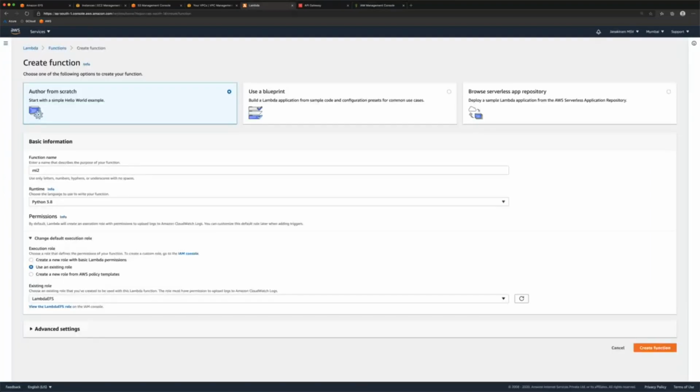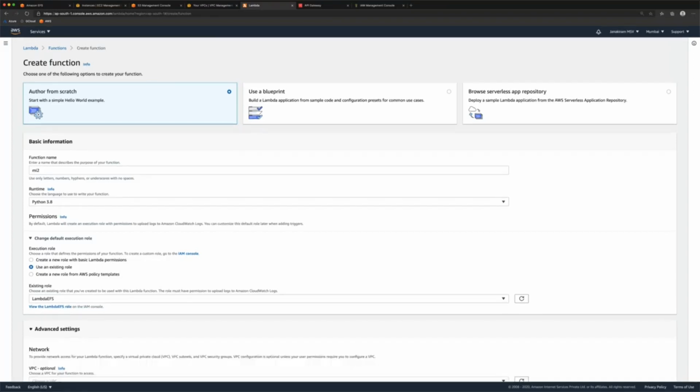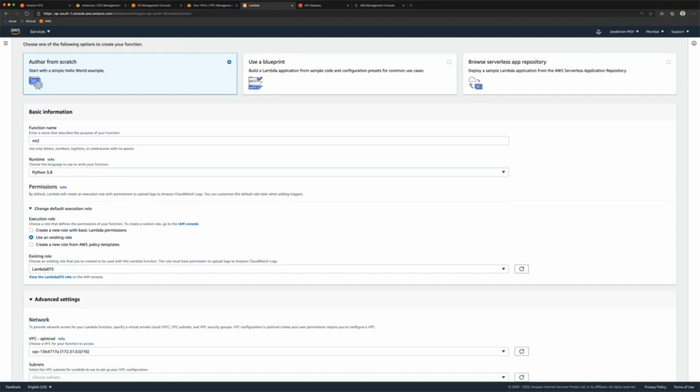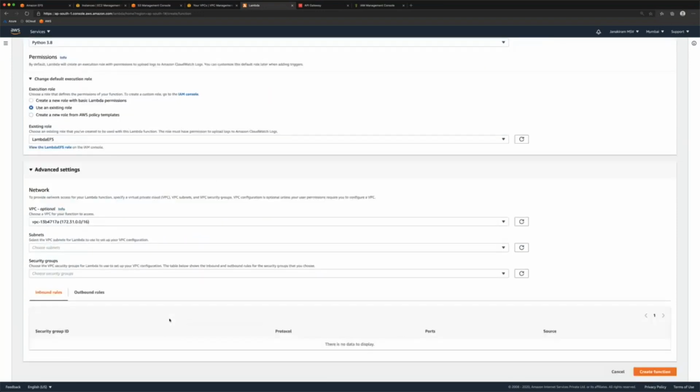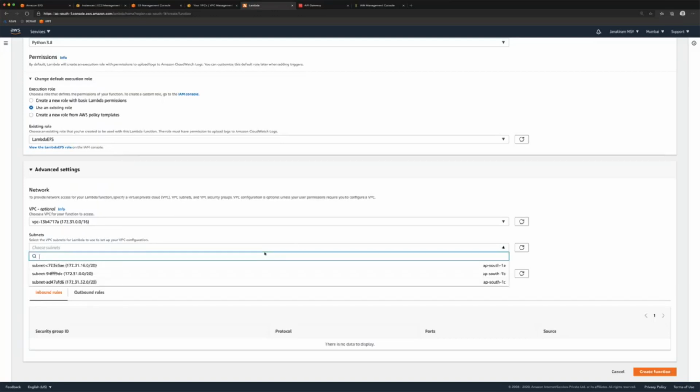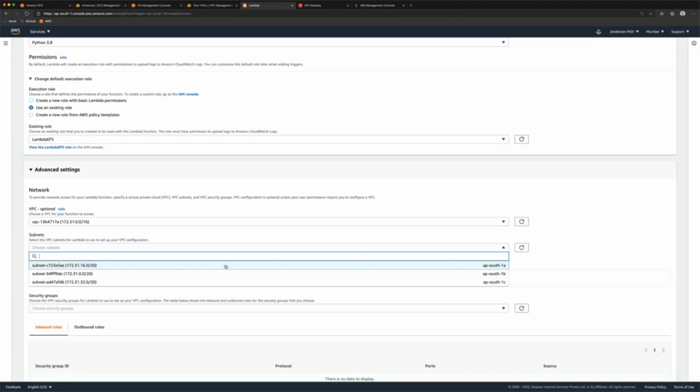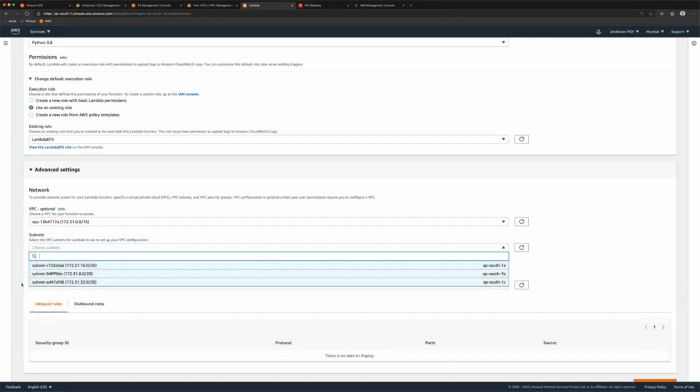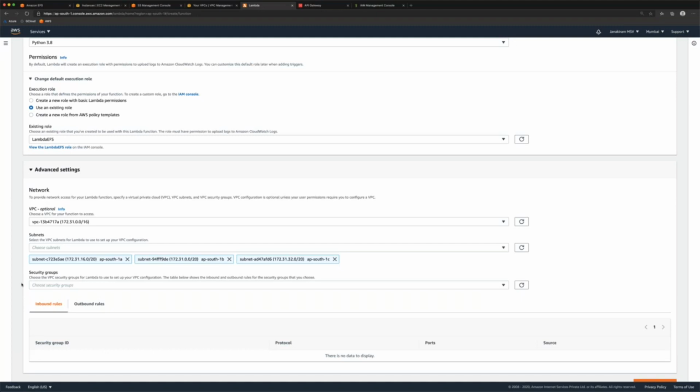Now I'm going to associate my Lambda function with that IAM role. You can go to advanced settings and choose the VPC. Now this is the most important. So choose the same VPC. In my case, it is the default. There is only one VPC. And then it's also a good idea to have the Lambda function run in multiple subnets of the VPC for HA. So if for some reason one of the AZs becomes unavailable, Lambda will continue to run in the other AZs. It is a best practice when it comes to AWS, and Lambda is not an exception. So we make sure that Lambda runs in every subnet within the VPC.